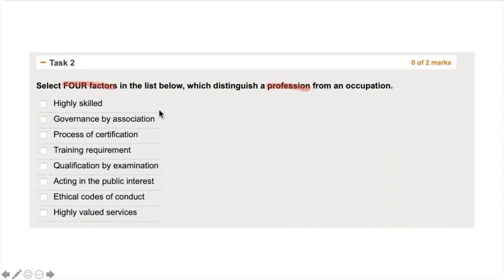So from the things I said earlier, I did mention ethics. So you do have a code of conduct, of course, for your company and for your association. You are certified, for example, to become a professional through the ACCA. You have to go through a process of certification. You have to act in the public interest. And of course, accountants that work for big companies and sign financial statements are usually bound by governance structures which make them accountable. So these are the 4 areas that distinguish it. I'm not saying that the other skills are not required, but these would also go for occupation, but these 4 would only be for a profession.